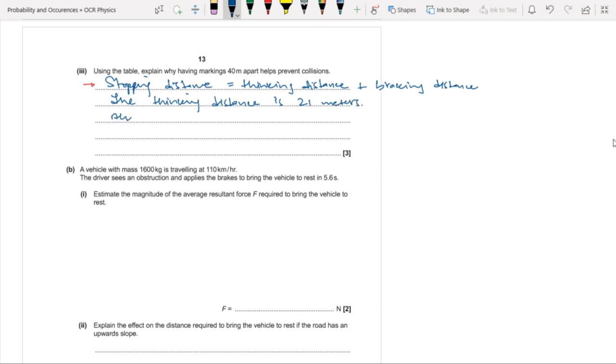Also, the total stopping distance is less than 120 meters. So the 40-meter apart markings help the drivers in curtailing the total stopping distances within the range. You might also write there the